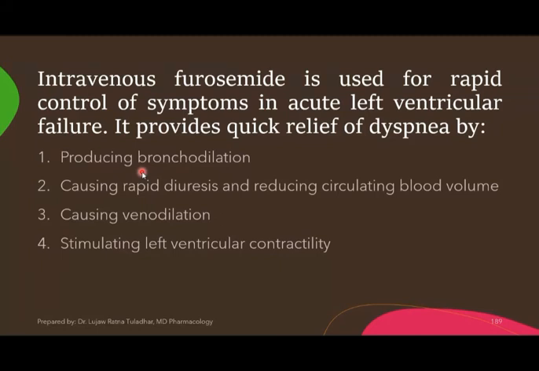Okay. Furosemide is a loop diuretic. Now, when you give a loop diuretic, definitely it produces diuresis. On top of that, furosemide is a highly efficacious diuretic. But when it comes to rapid relief of the symptoms,